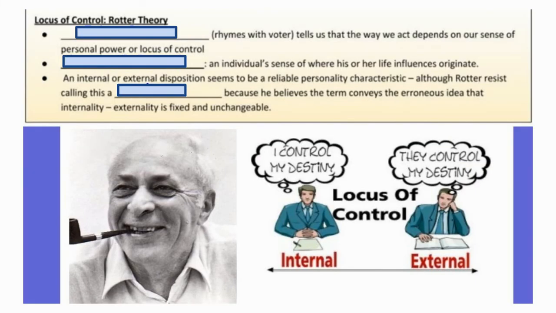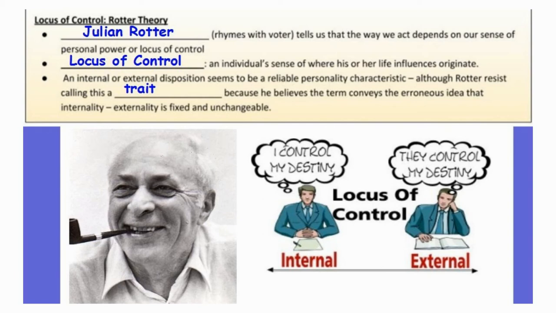Julian Rotter had a theory about the locus of control. He basically tells us that the way we act depends on our sense of personal power, hence this idea of a locus of control: an individual's sense of where his or her influence originates. There are people that have what we call internal or external locuses of control, or dispositions that seem to be reliable personality characteristics, although Rotter resisted calling this a trait because he believes that it conveys an erroneous idea of